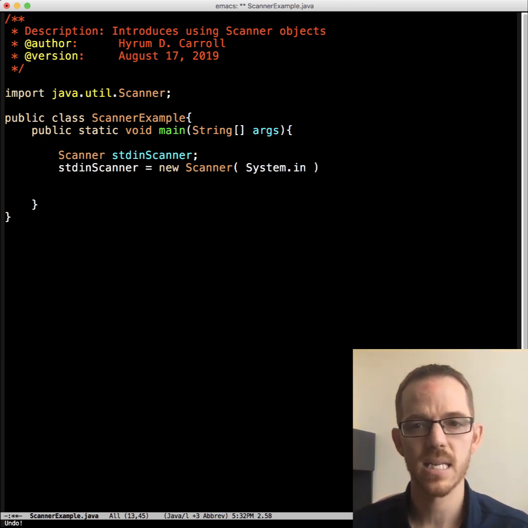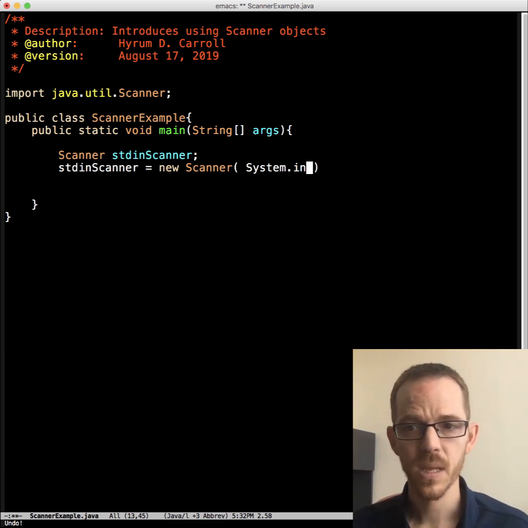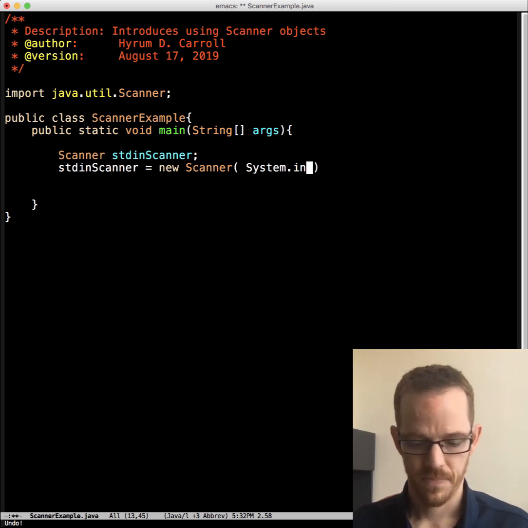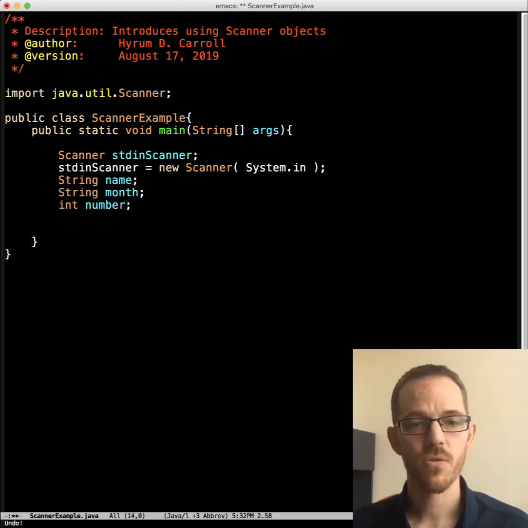In is what is referred to as standard in, so it's where the keyboard object is. This creates a new object of type Scanner class. Notice the parentheses, so we're calling a method, and we're passing in System.in. Then don't forget our semicolon.